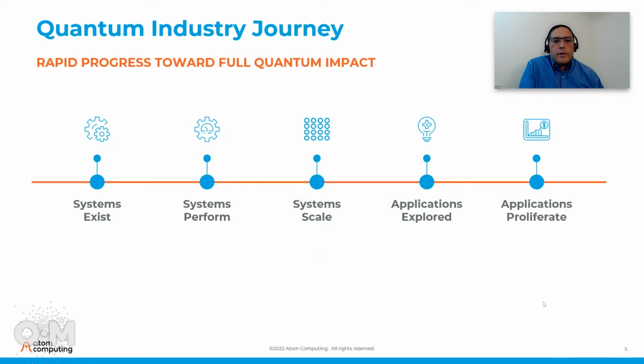So our view of the quantum industry is that there was a time when people doubted whether quantum computing hardware could exist. And thanks to some other players, that has been proven. Yes, they can exist. And then it was, well, can they have the fidelity that we need to get to? And other players have come along and said, yeah, here's really high fidelity. But the question that we see now is, can systems scale? And that is where our technology will shine. So we have the ability to scale up quickly, apply this towards physical qubits, towards logical qubits, and then start to explore these applications that everyone talks about.